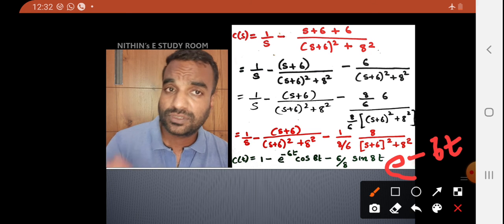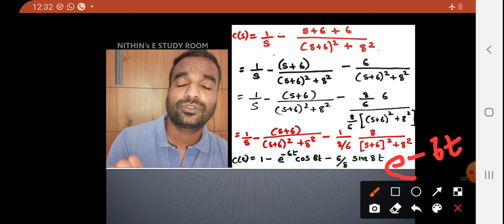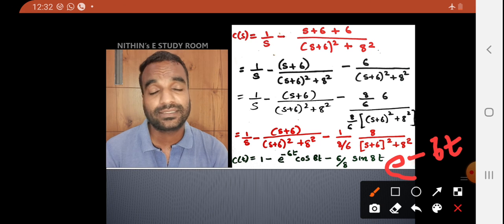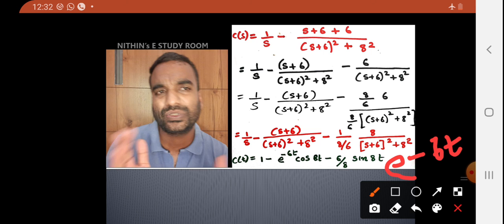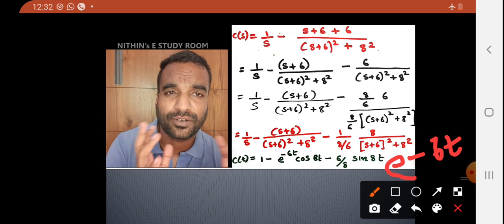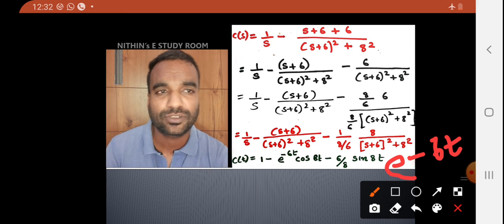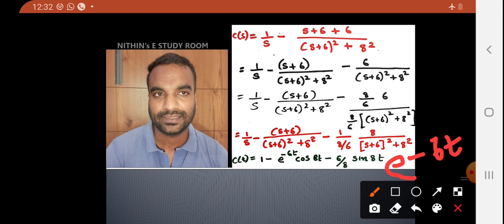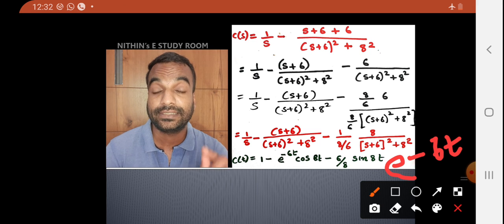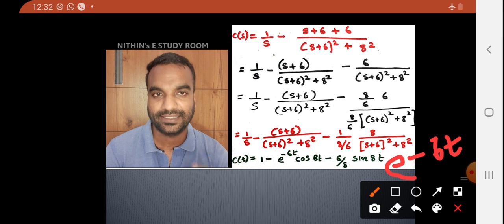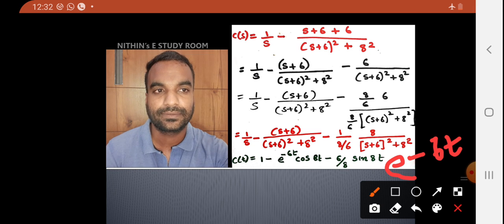Such problems are also there in lecture number 15. In that also I did some such problems. This is a practice technique. If the Bs plus C form appears, you have to do some manipulations, and you should have some basic skills in mathematics for getting that into standard form. For that, practice is needed. And in the case of your control system second order problems, Bs plus C will definitely come in partial fractions. Chances are there. So you should be thorough with this.